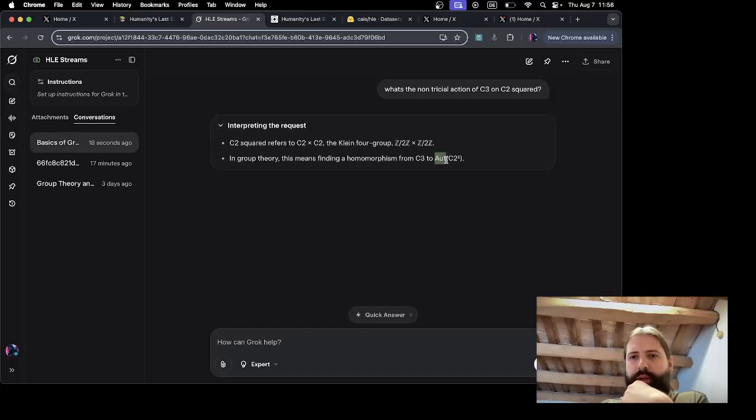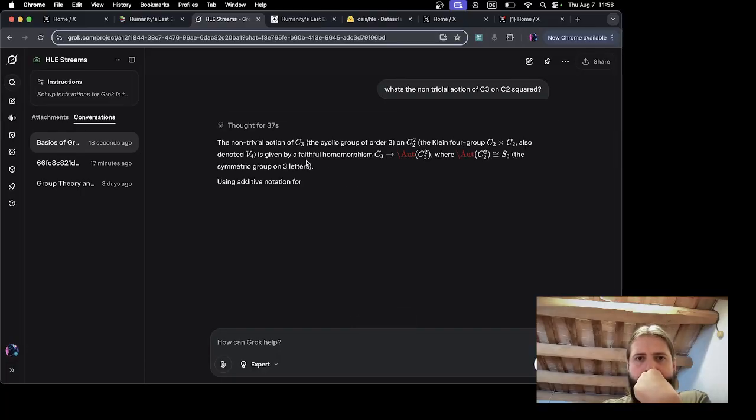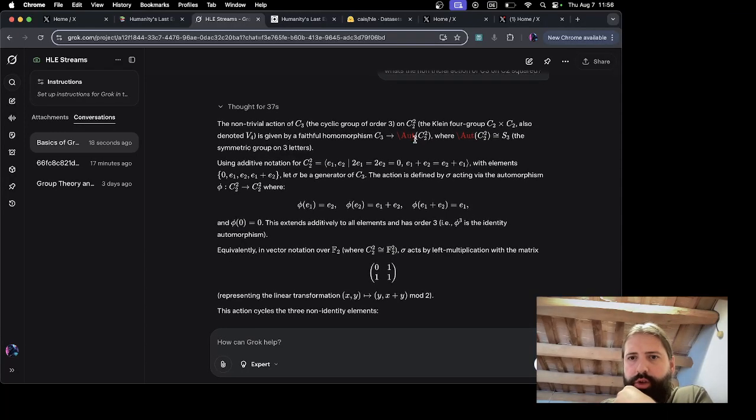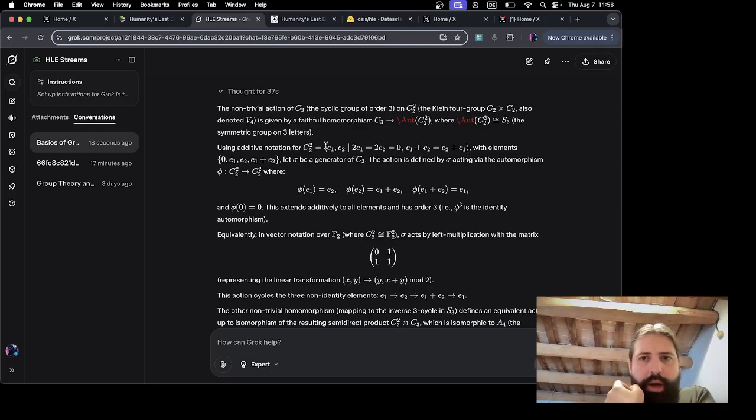I don't know what out is in here. So the non-trivial action of C3 on C2 squared is given by a faithful homomorphism